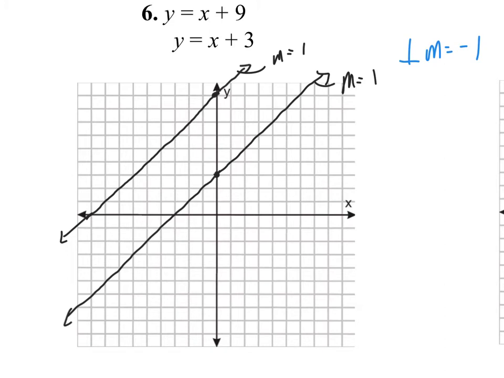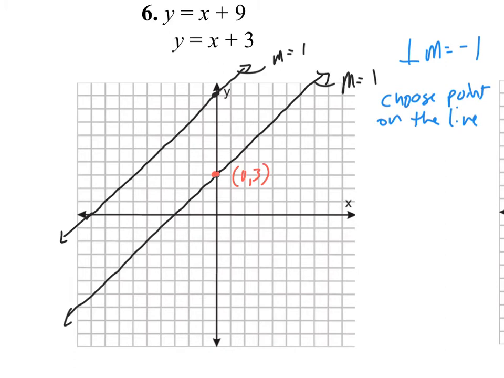But we want to choose a starting point. Okay, we want to choose a point on the graph, a point on the line, and it doesn't matter which line we choose. I'm just going to go ahead and choose this point right here. I know for a fact that that's a point on the graph because it's my y-intercept. And so if I plot a point here at 0, 3, and I'm going to label that point 0, 3,